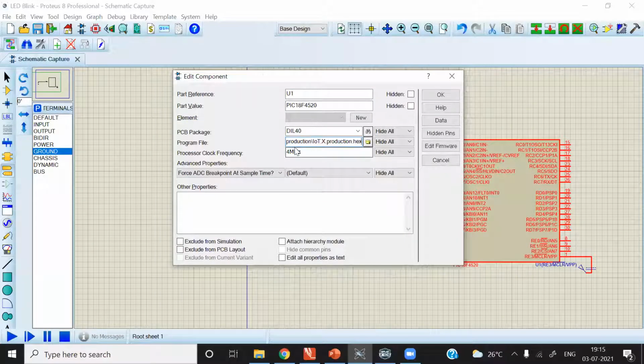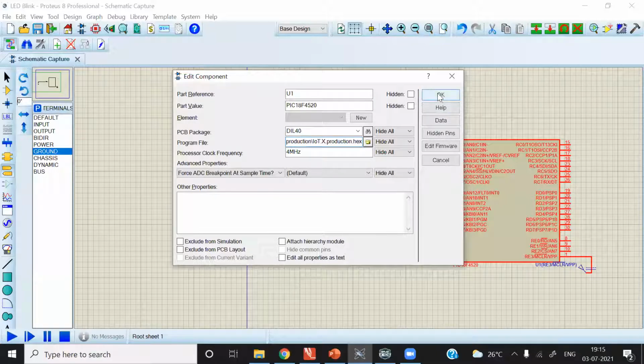Now the path to this hex file is written here. Whenever you change something in the code, you do not need to come here and update this path again. Whenever you make changes in the code and build it again, the hex file will be changed automatically. You do not have to make any changes in the program file.